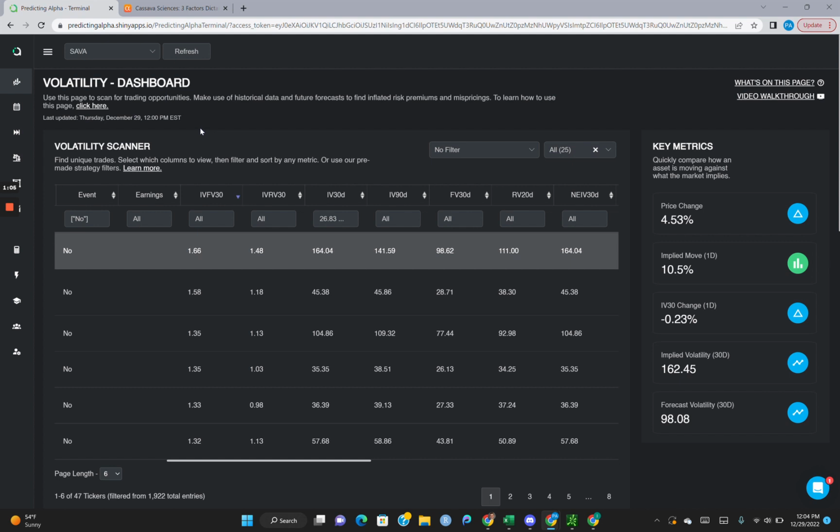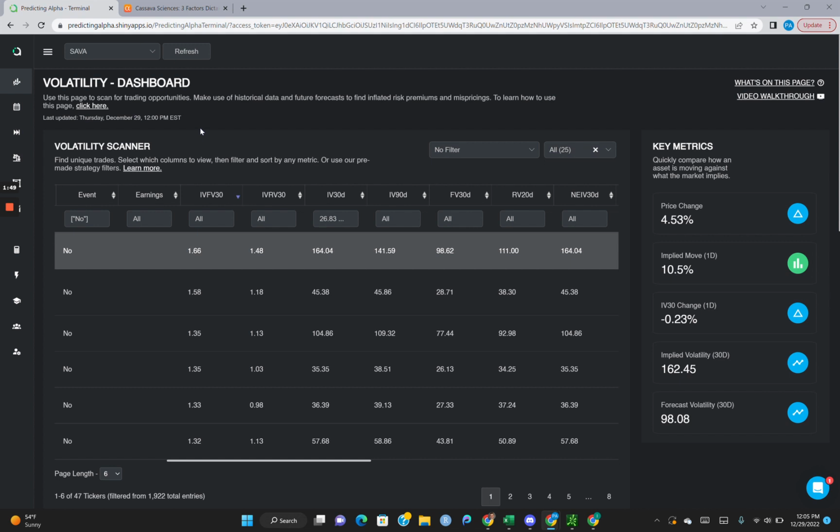Now, this is an art. This is not a science. This is an art. And I really recommend a lot of experience, a lot of back experience with this fundamental data. So a familiarity in the biotech space, a familiarity in medical science and research is probably more prudent than not having it if you're going to use this. But nevertheless, we're going to go over this and delve into it a little bit deeper because while we may not understand all the specifics of the research and the chemistry behind it, what we can understand is, okay, is this risk or is this not risk, right? And that's what we're going to cover.